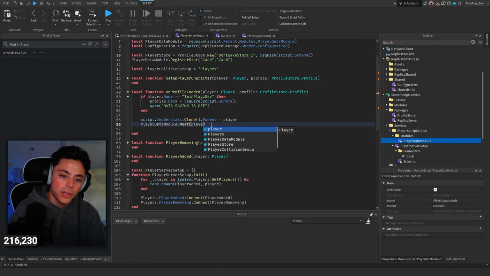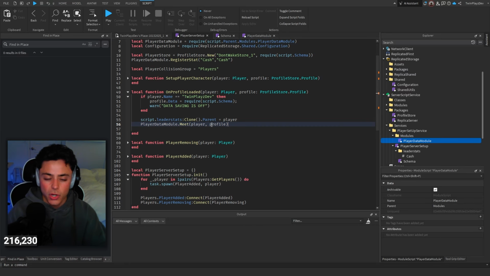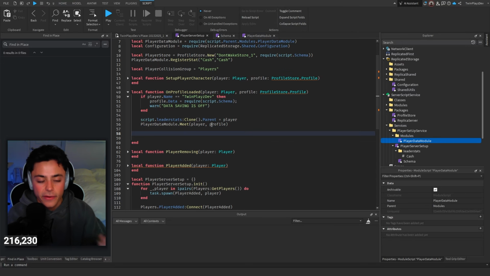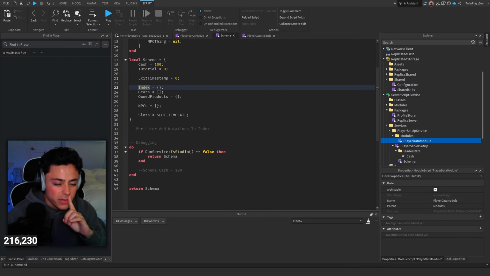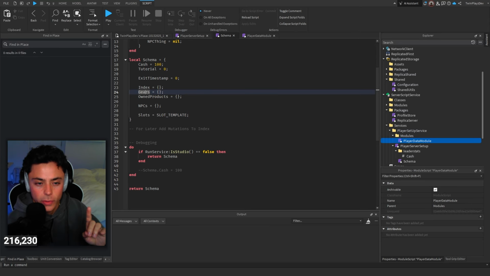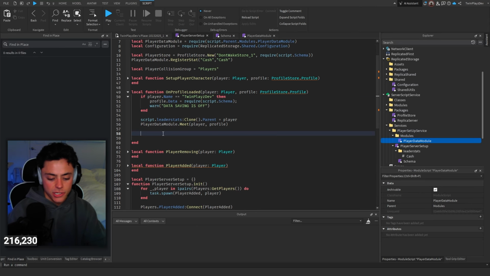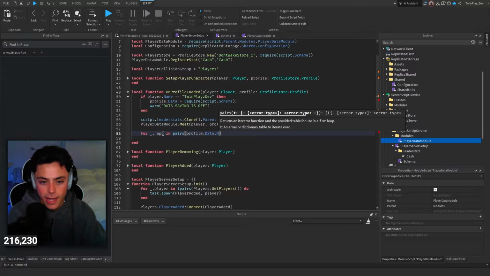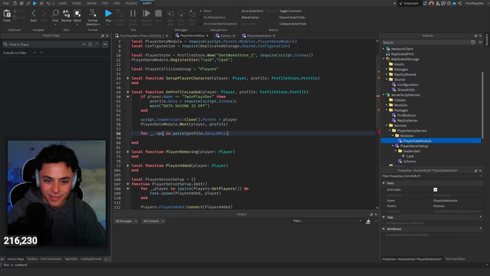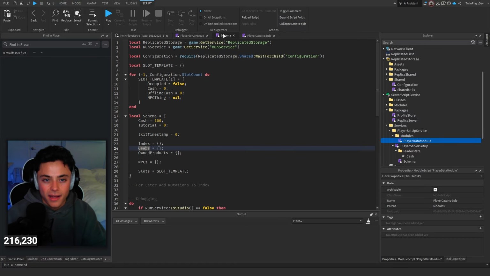Okay. And we're going to go player, comma, profile. So profile and everything like that. And then there is an inventory. So let's double check on product gears index. All right, let me double check real quick which products we need. Okay, I guess we can just add this in for now, but we're basically going to do another for loop. We're going to be doing the NPCs and stuff, so we actually don't need to add anything else. We'll go profile.data.npcs like we had. Okay, so NPCs. And then we're going to do just like this. And yeah, so NPCs right here in schema